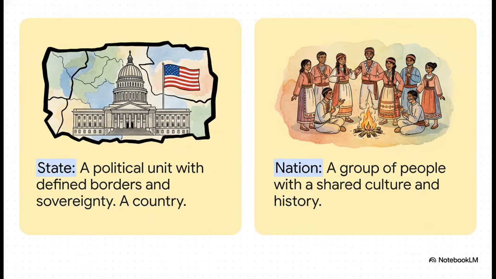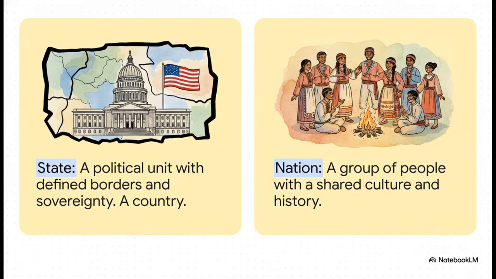Okay, this is a distinction you have to get right because it explains so much about world politics. A state is just a country, right? It's got borders, a government, the whole deal. But a nation is a group of people who feel connected by a shared culture and history. And here's the kicker. Those two things almost never line up perfectly on a map. When you have a nation of people without their own state or split across several states, that's a recipe for